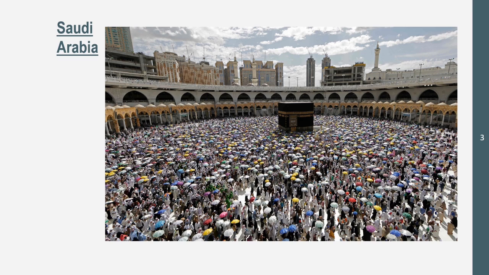Now, there's some people here, you probably can't see this, you might be able to, but people have umbrellas. So umbrellas. Now you see in the sky there are clouds, but it doesn't look like it's raining. So that might give you the perception that the place is hot, because apparently people have umbrellas when it's hot. I've never done that, so I don't know if it really does help. But the umbrellas are different colors.